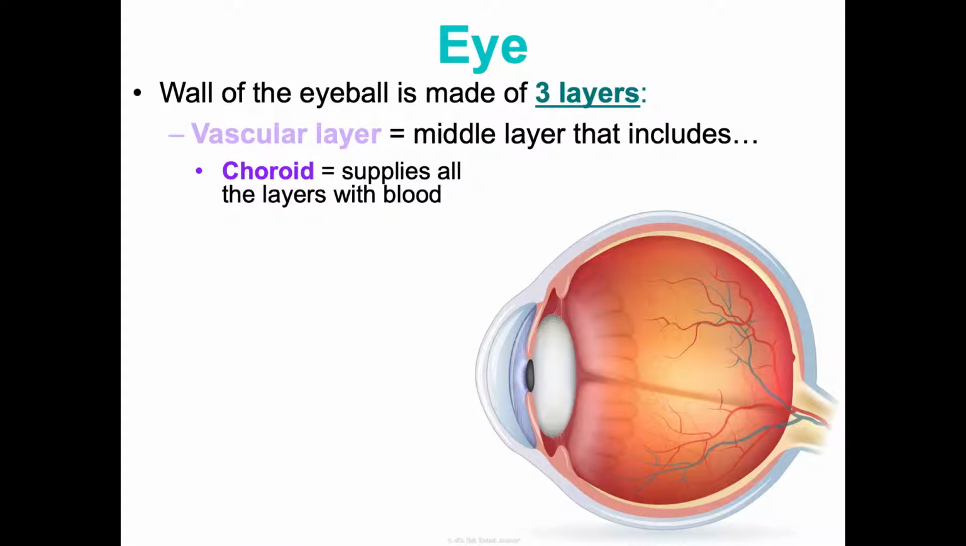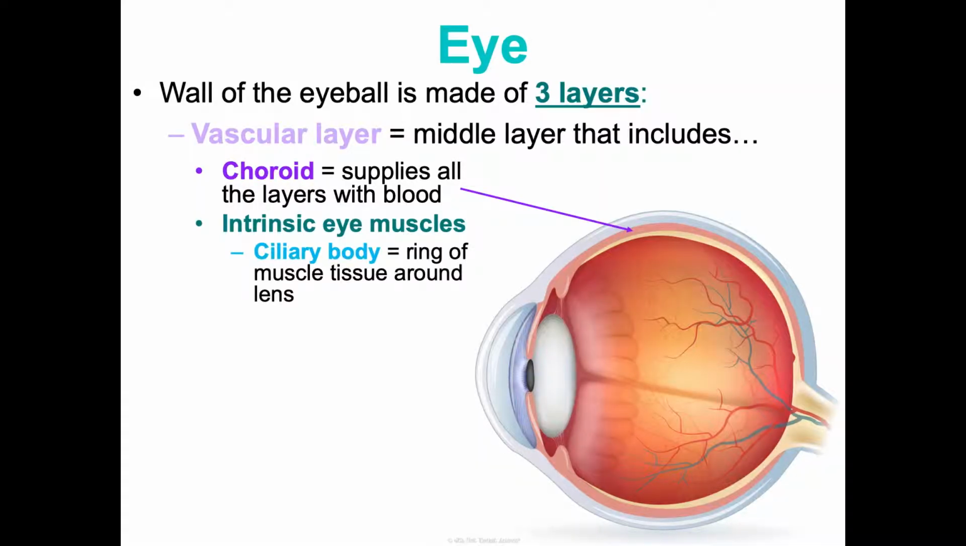The vascular layer is the middle layer. That's kind of peach, reddish in my picture. The vascular layer has your choroid, which supplies all of the other layers with blood, which is really important. It has your intrinsic eye muscles, which do things inside your eye, like your ciliary body, which is